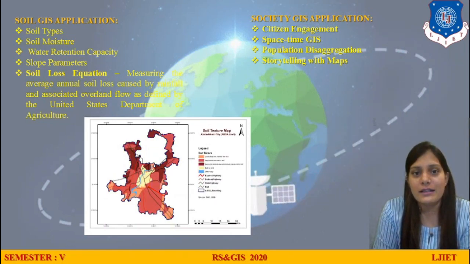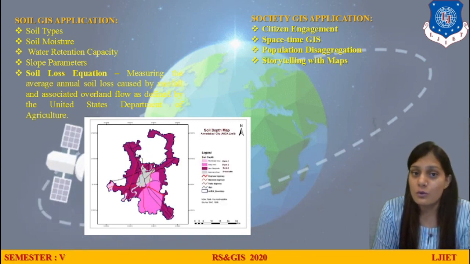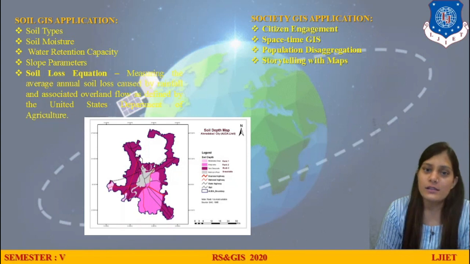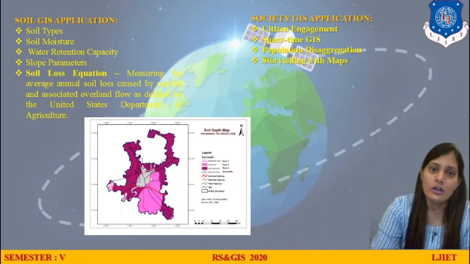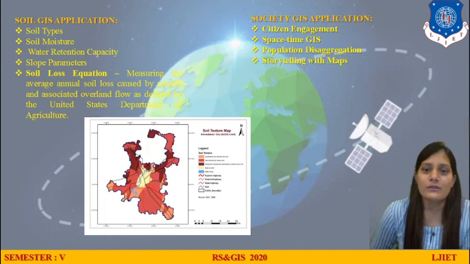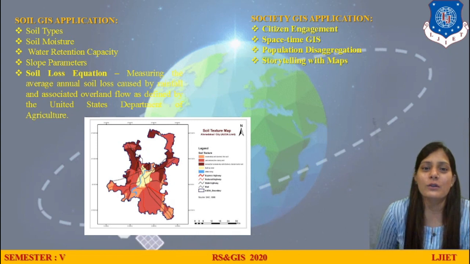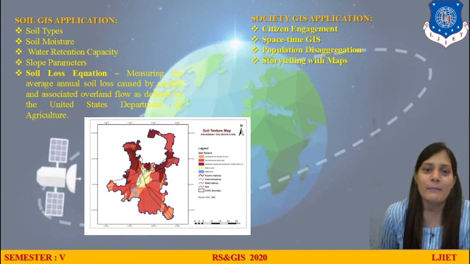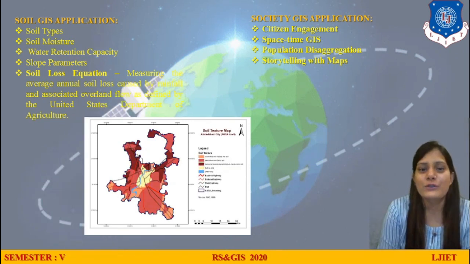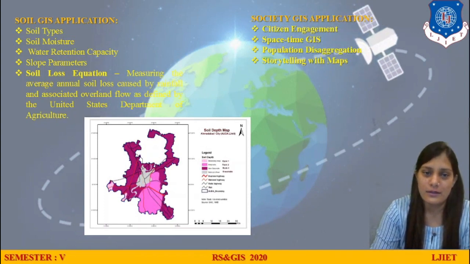How is the space utilization? What are the things going on? Doing it manually, this will help us to do it properly. So that is how important it is to the society also. Here you can see a new terminology of storytelling maps. What are storytelling maps? Storytelling maps means looking at the story, looking at the analysis, you can have a map of it, right? That is storytelling maps. We will discuss that in detail when it comes to us.